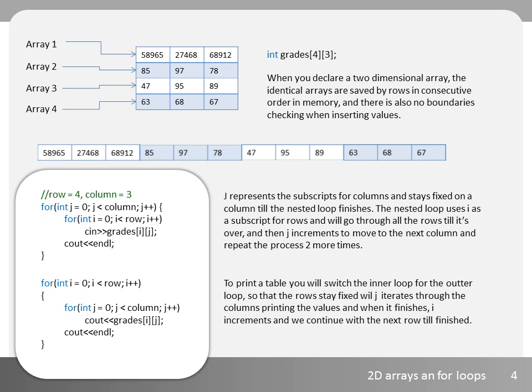Now a moment ago, we saw how you enter values manually going one by one and changing subscripts. Well, to enter all the values again using a for loop, it would look exactly like this here. Now there's two loops, one of them nested inside the other. The first for loop will be for the first